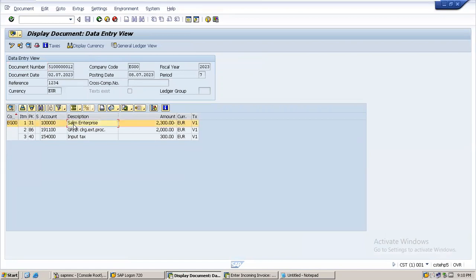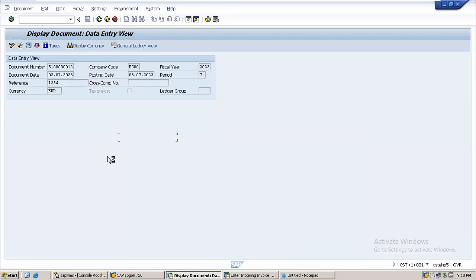So here the system will say that we need to pay 2,300. There is a liability for the vendor, 2,300. GR/IR clearing will be debited and the tax information will be debited, right? So this way the transactions will get posted. Now,